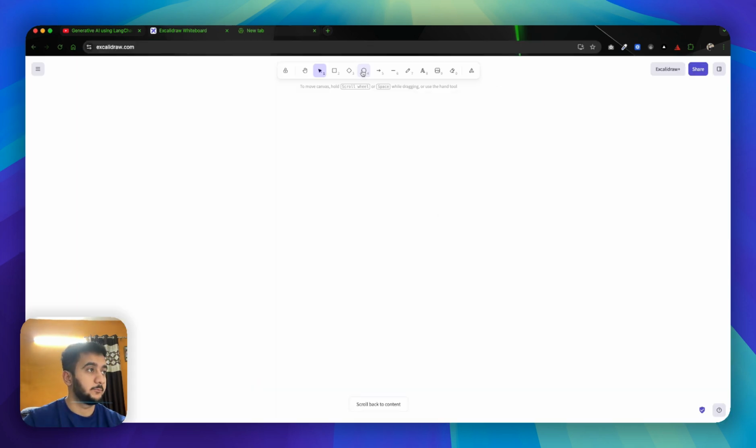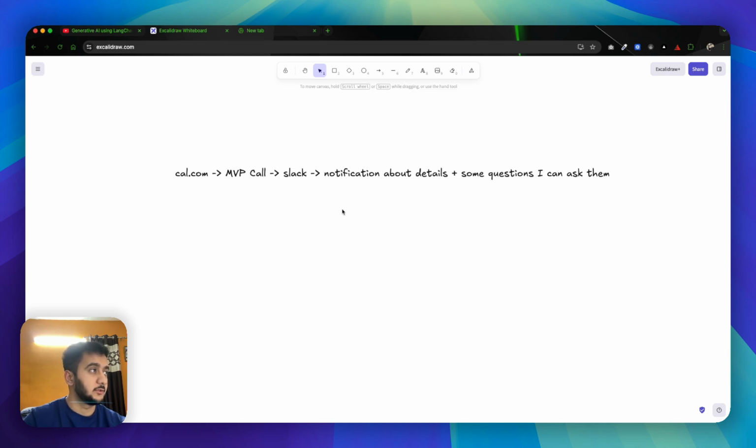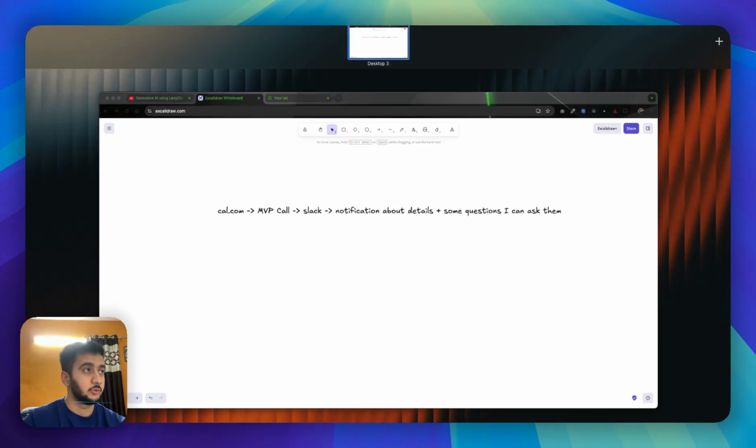What this automation does is I open up cal.com. I have a cal.com link where someone can book an MVP call with me. And once they book a call, it opens my Slack and sends me a notification about details plus some questions I can ask them. So it's in a very rudimentary stage. Just to give you an example, I'll pull up my Slack. If I show you my Slack,